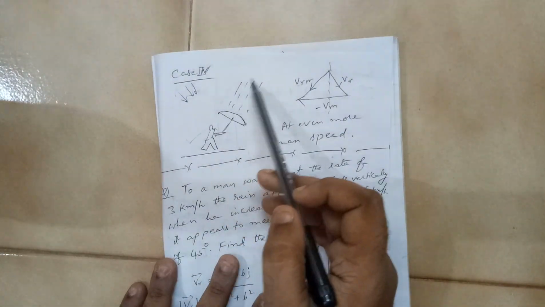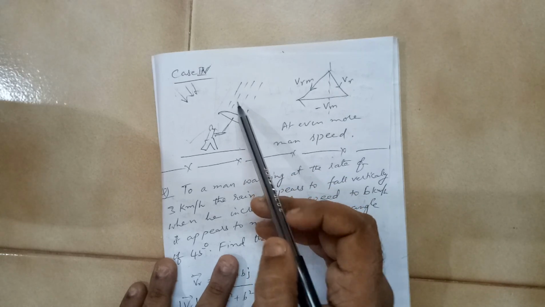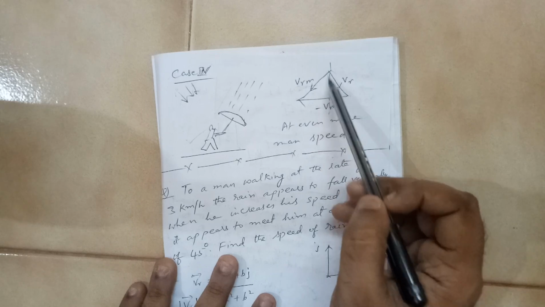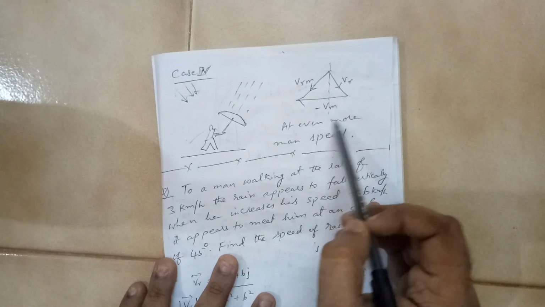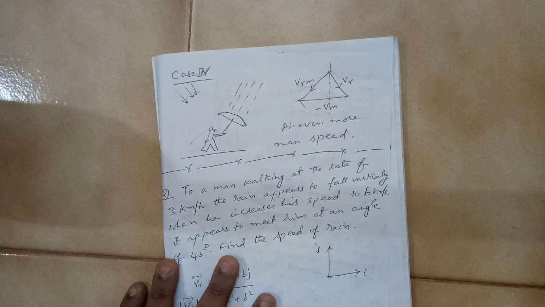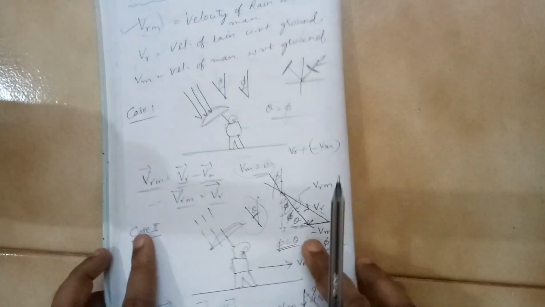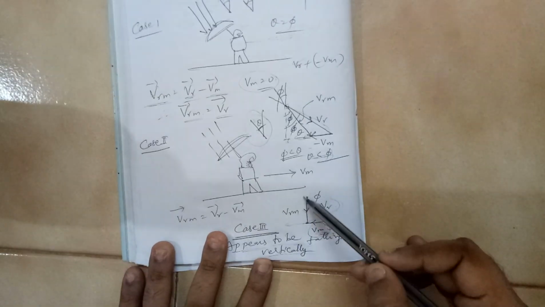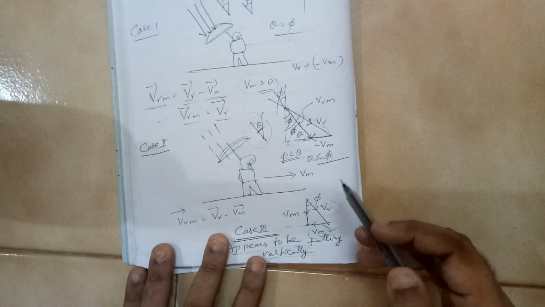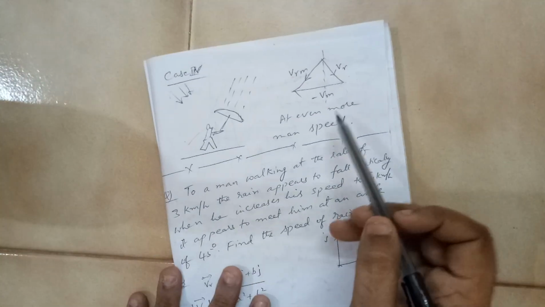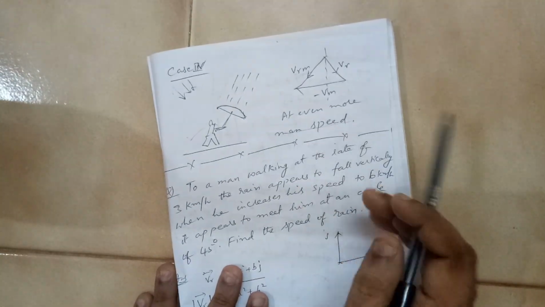But is the rain falling like this? No. It is the velocity of rain with respect to the man, and which factor is influencing? It is the speed of the man. So this is the fourth case. So the third case is when it appears that it may fall vertically, and case 3 and case 4 purely depend upon the speed of the man. Okay, case 1 is a straightforward one.